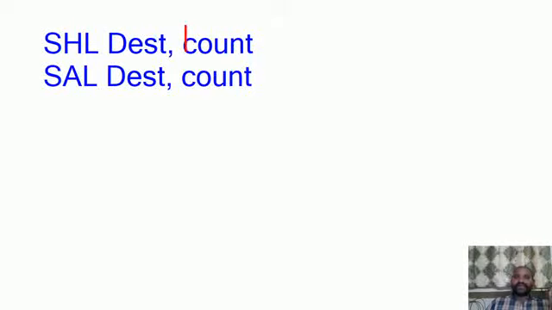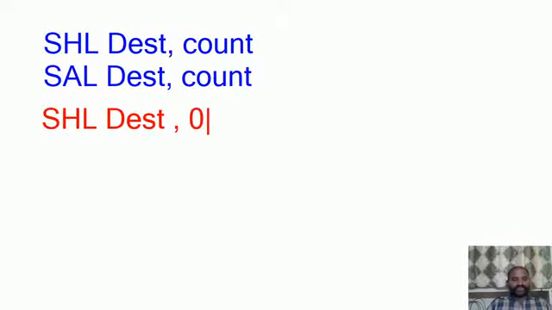So if the count is only 1 bit position, meaning only one time you would like to shift the content to the left side, then you can write the 01h as a part of the instruction. If you are interested to shift the destination content only one time, then you can mention that value 01h as a part of the instruction. If you would like to shift the content of the destination,